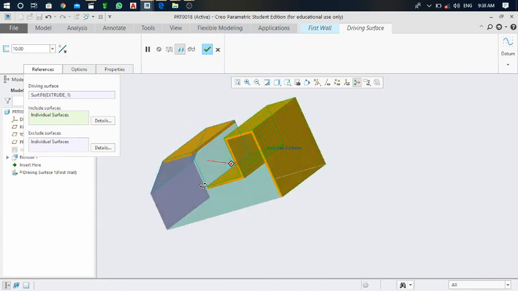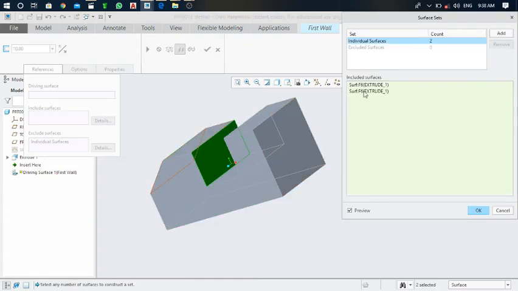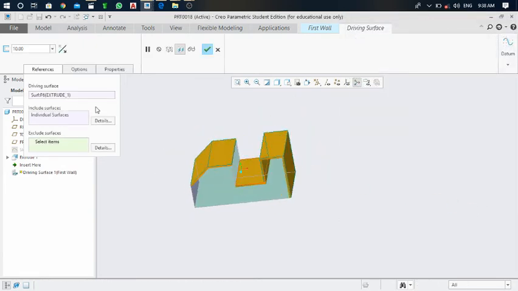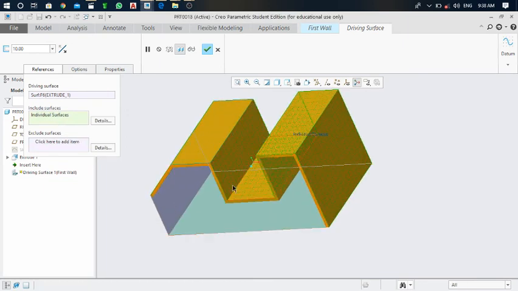Here you can see. Now click on extrude surfaces. Click on this detail. Select both these surfaces and remove from here. This also remove, and okay, and now click on include surfaces and select this surface.